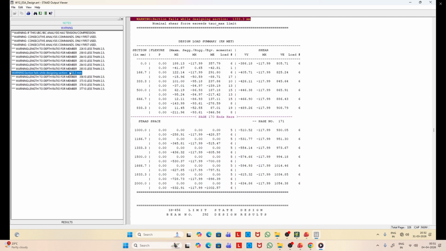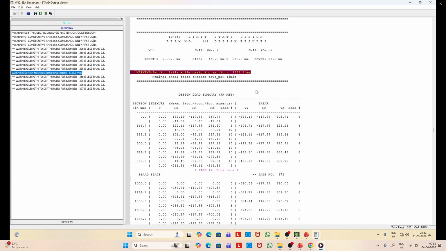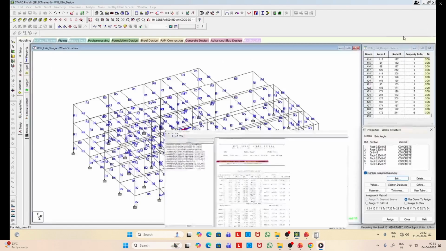There are warnings for other members. We'll see whether they are important or not. But for the time being, let us first resolve this one. So member 291, that is the only member that now fails. All others have passed.